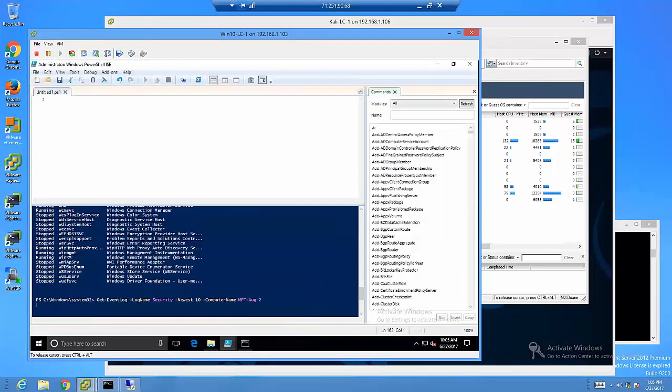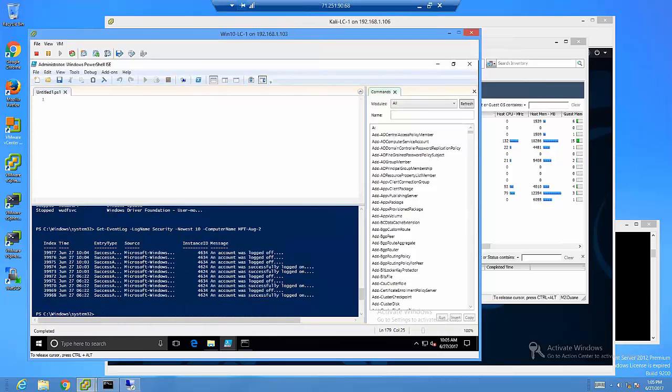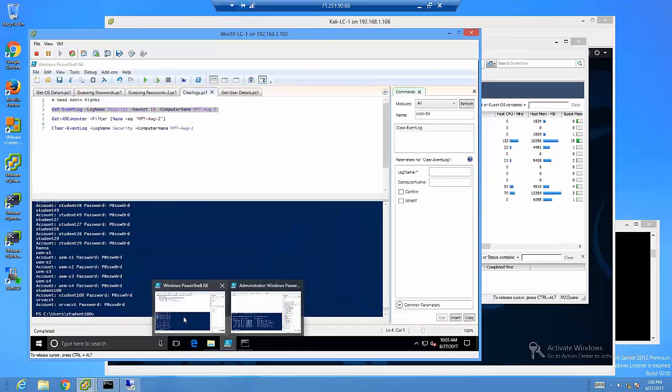All right. And we're looking at the newest 10. So here's the newest 10 security logs that have been in there in that particular time. So we take a look at the time frame here, June 27th, 10:04, 10:04, 10:03. So we've got that understanding. Now we're going to actually pull back and grab